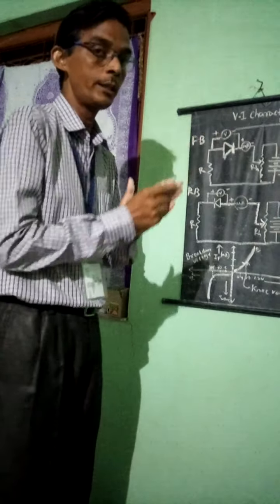In the third quadrant, the current is in microamperes, so very little current is flowing there, with the voltage as usual. Just to remember, forward biasing rises with 0.4 volt, 0.8 volt, 1.2 volt. In reverse biasing, at 5 volt, 10 volt, 15 volt, only a little current is flowing, and that is called the reverse biasing current.